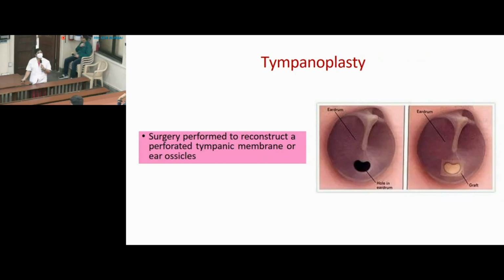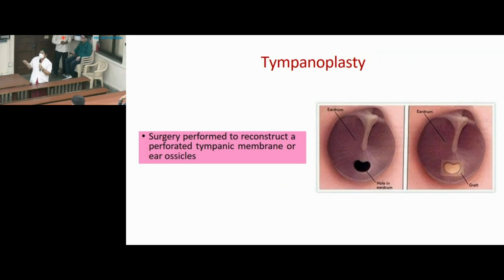Tympanoplasty. Why is there a need for tympanoplasty? What do you think? Yes? So there is collection of pus inside the middle ear cavity for a long time, and the quantity of pus has increased and it has ruptured the tympanic membrane. The tympanic membrane has already ruptured. Then you have to repair the tympanic membrane. That surgical repair procedure is called tympanoplasty. Okay, tympanoplasty, like hernioplasty in repair of hernia.